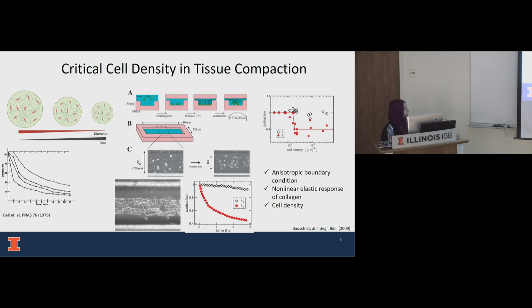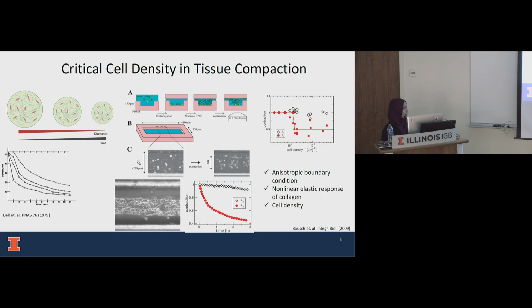And they saw that the compaction occurs perpendicular to the boundary, and the compaction parallel to the boundary is rather low. And from this, they concluded that an isotropic boundary condition has a huge role to play for